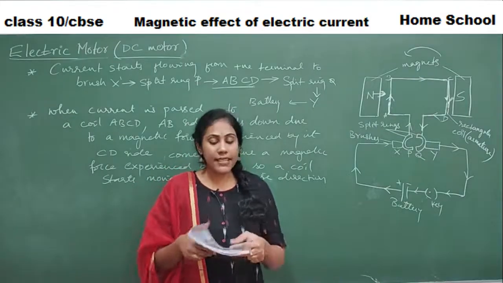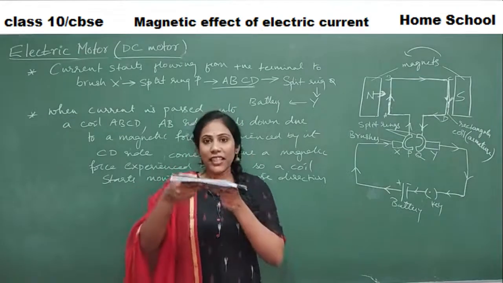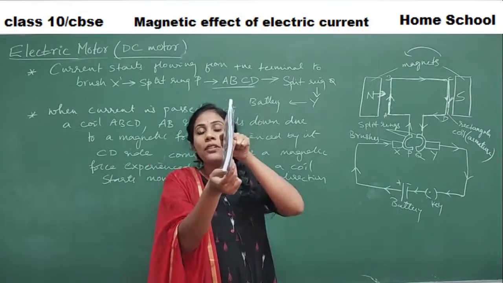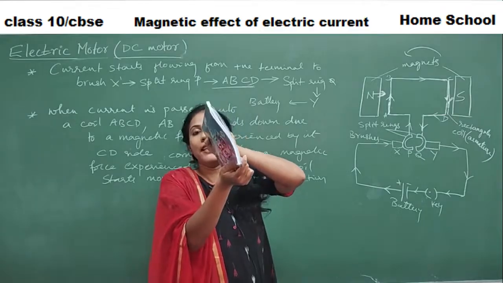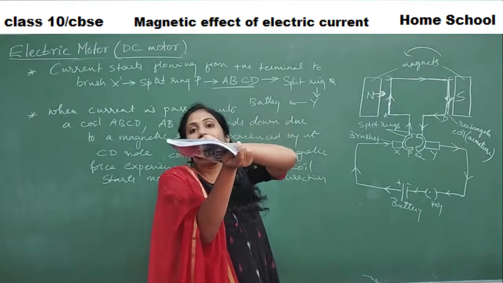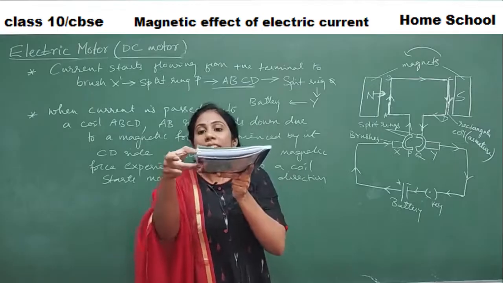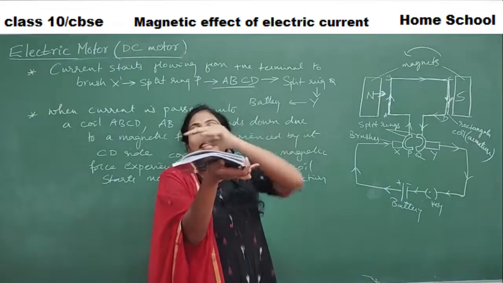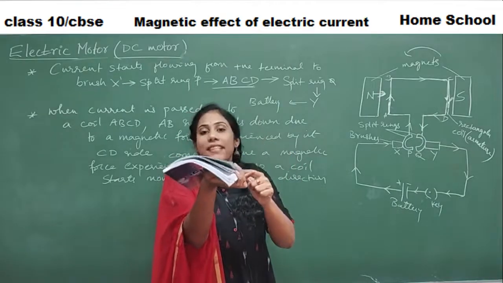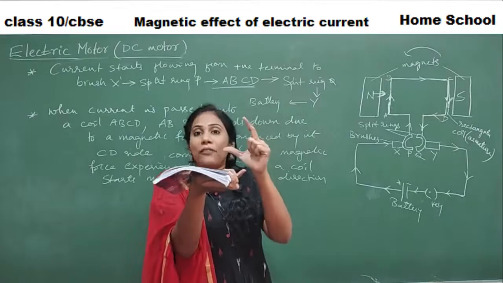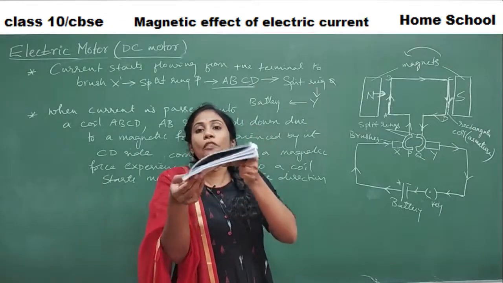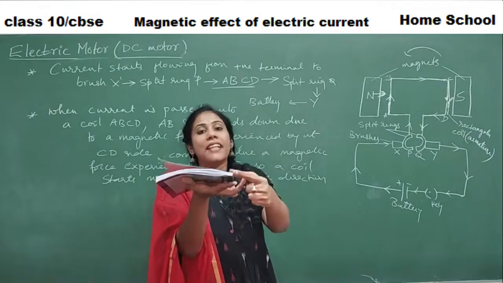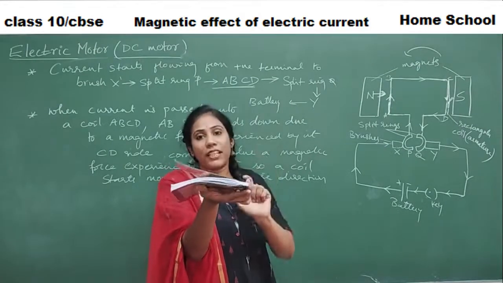Next, what happens at the half rotation, in the sense what, guys? What has happened now? AB came down, CD up. Like this, it has turned now. This is half rotation. So AB has gone to this side, CD has come this side. Yes or no? This is one half rotation. One more such rotation occurs, AB comes back to its position, CD comes back to its position. This is a full rotation, right?